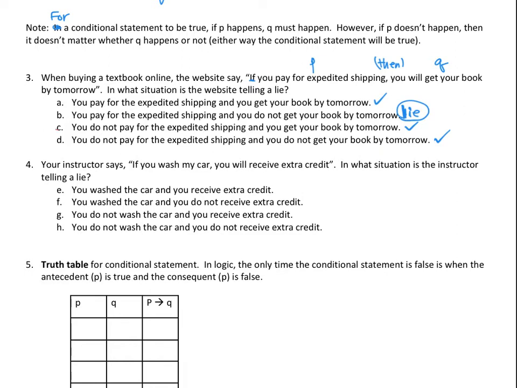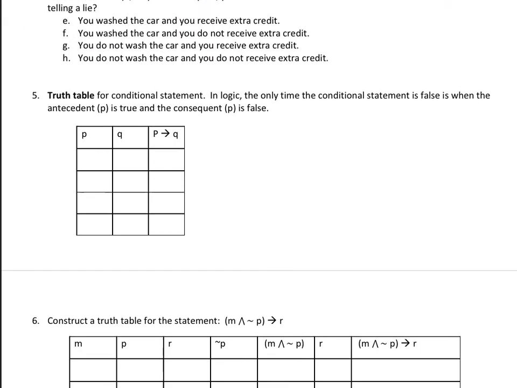So I'm going to make a little note here. Part C is kind of a weird situation, but technically they're not lying, right? Not lying. Oops, I don't know how to spell lying, I guess. Because they didn't say anything about what happens when you don't pay for the shipping, right? So the only lie out of those four is part B. Okay, I'm going to have you pause and work on number 4. We'll meet back at number 5. All right, so let's look at number 5 now.